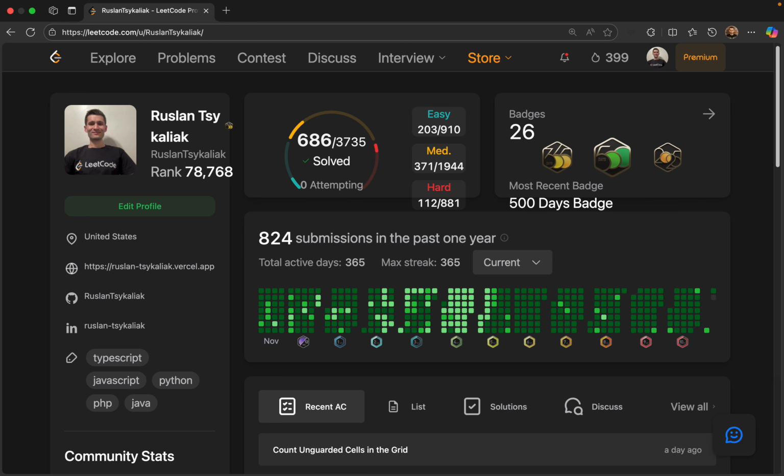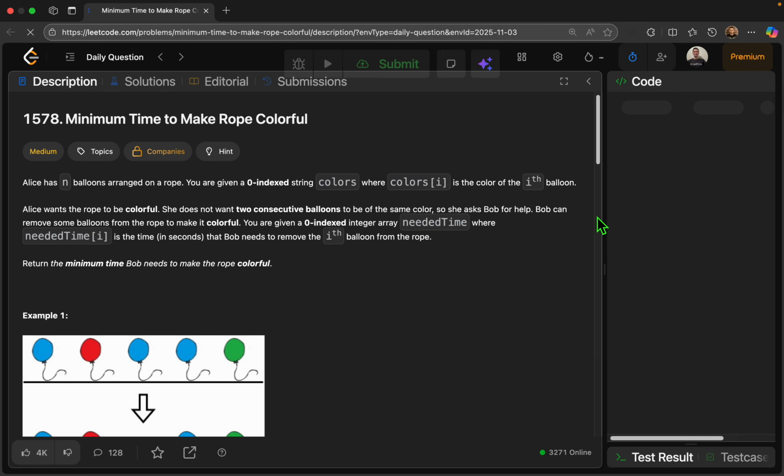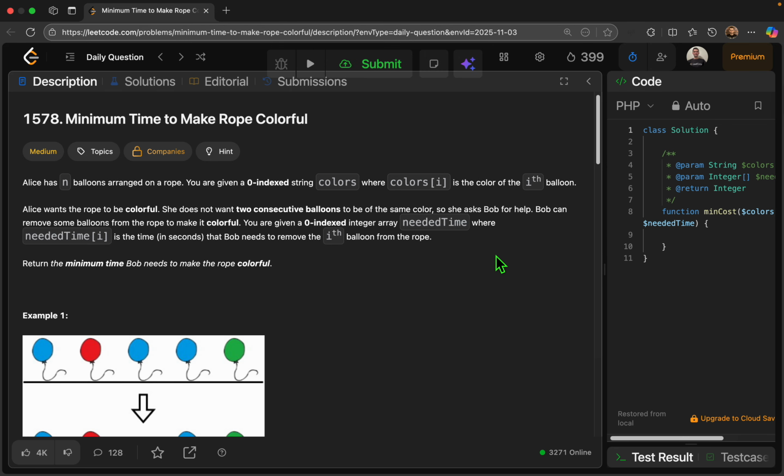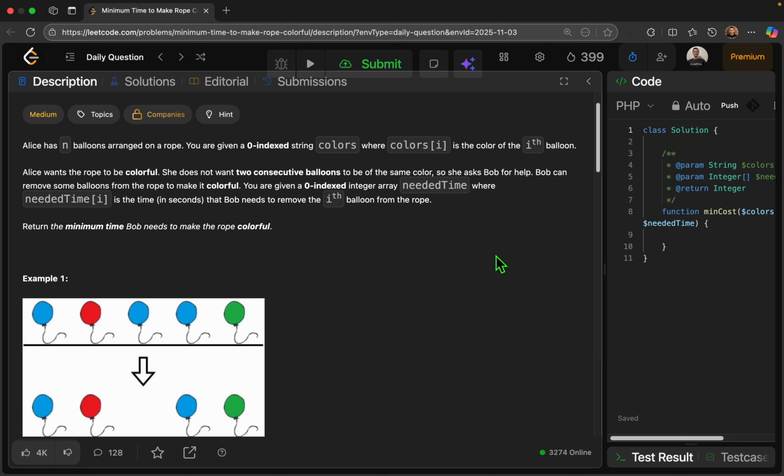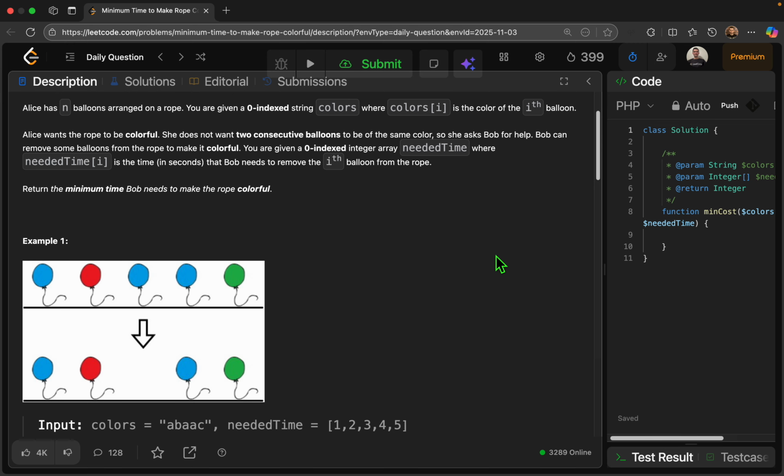Hi everyone. So today we're going to resolve my streak 400 problem, and it will be the minimal time to make rope colorful. I wouldn't dive into the description because we basically checked it before, but I wanted to rephrase it more in